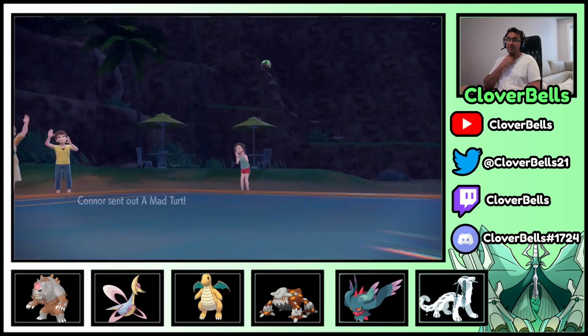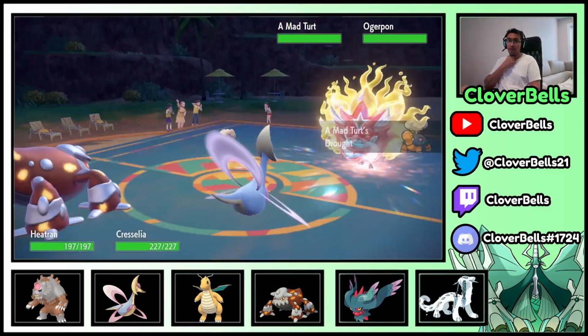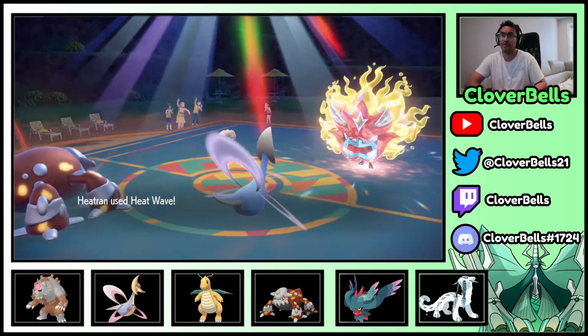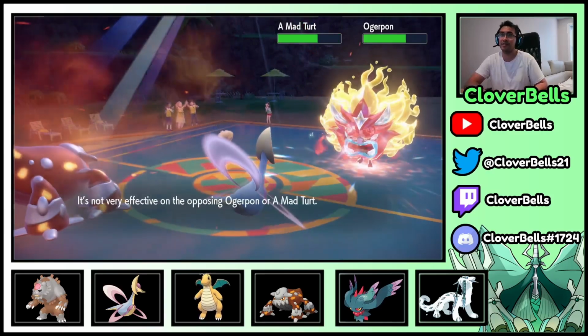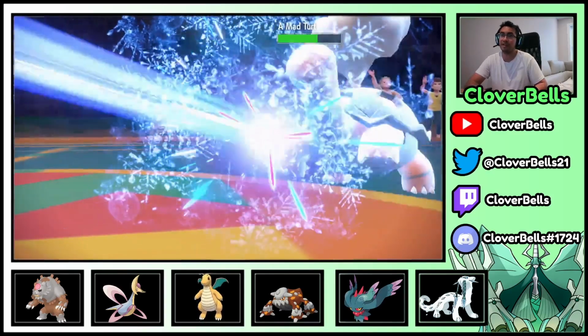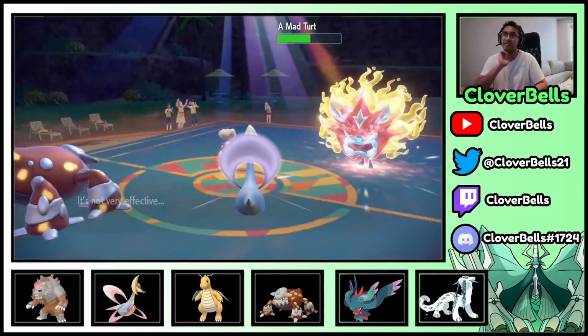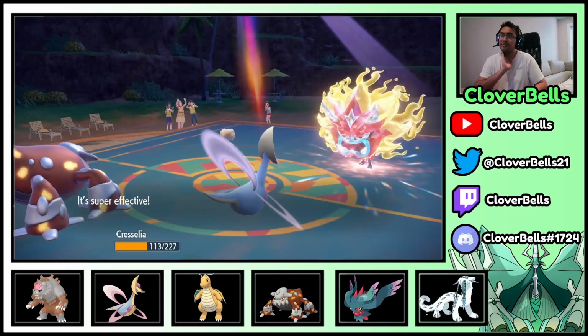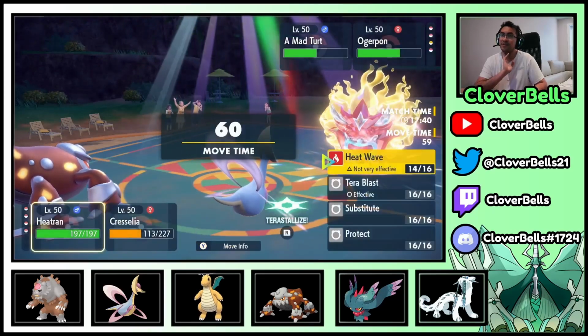Alright, it is the Torkoal. So we're going to get a boosted Heat Wave. This will resist the Ice Beam. Alright, so Heat Wave comes out. Decent damage. Alright, and Ice Beam, Blizzard Level Freeze. I don't think I'm going to be able to because he got the Sun out, so... Alright, Knock Off. Oh yeah, he does get that. Well, I have no item to remove, so...